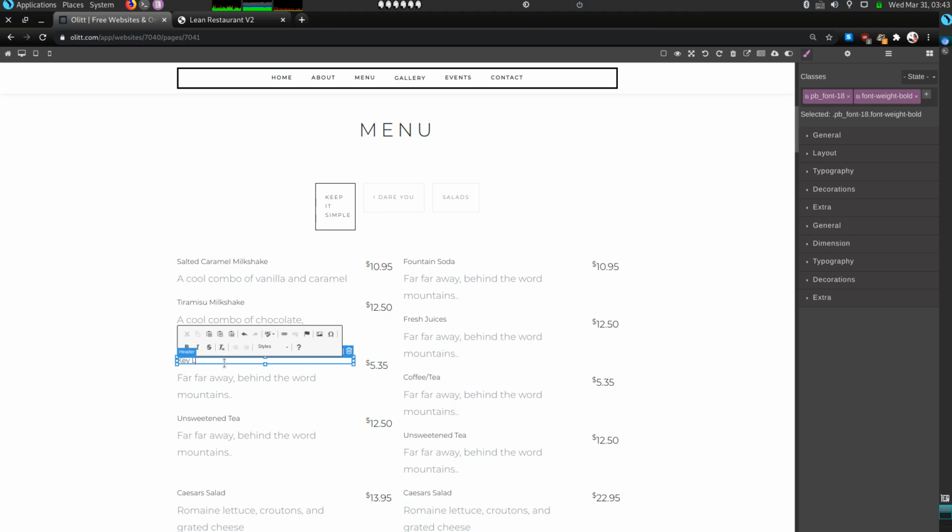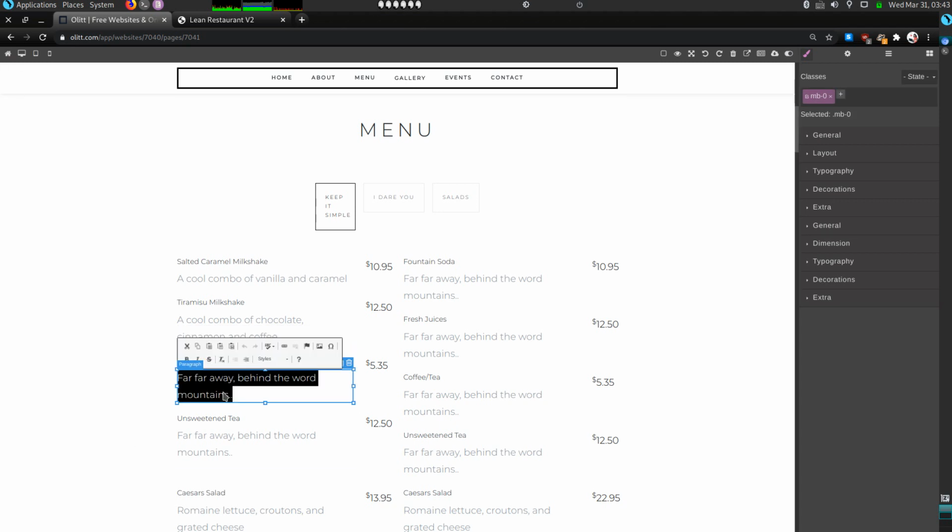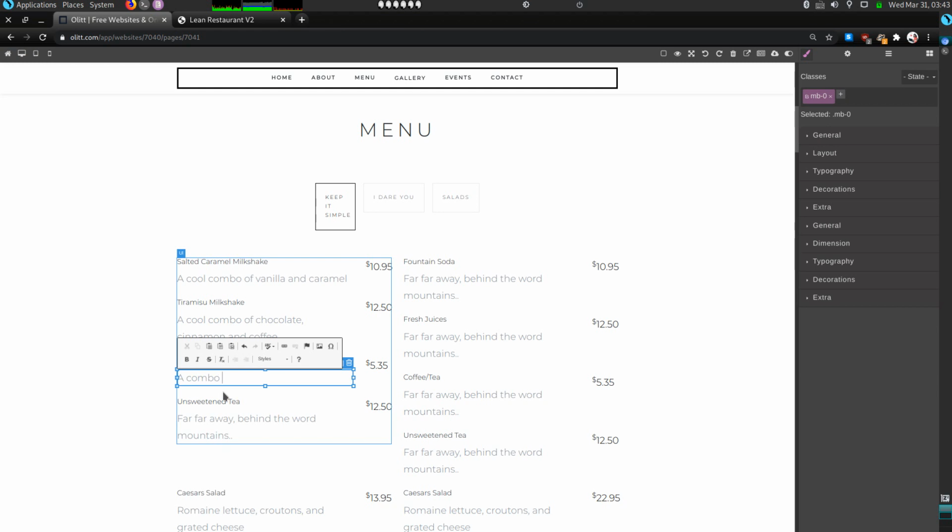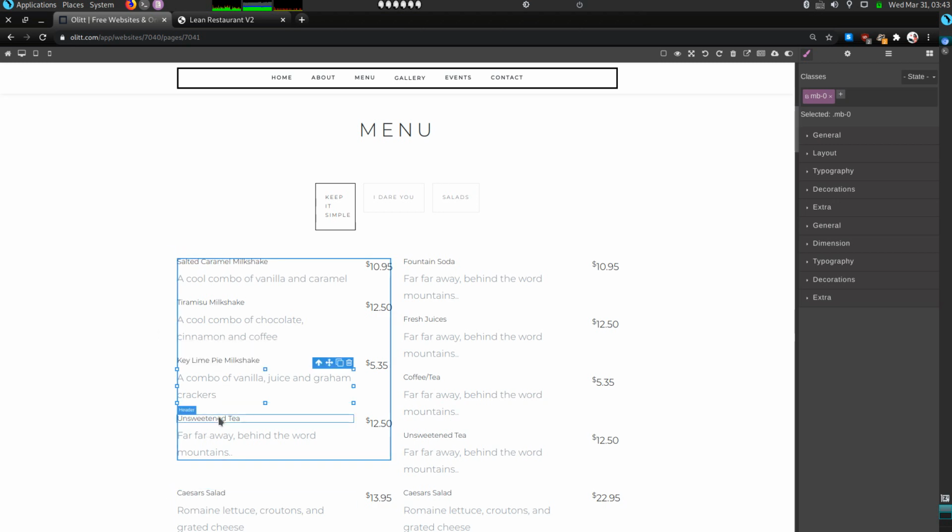Key lime pie milkshake, and this is a combo of vanilla, juice and graham crackers. The next one is grasshopper,